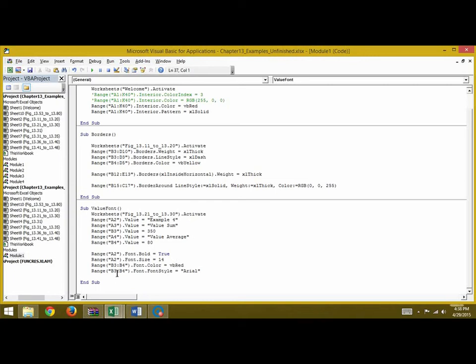Then for the other, from B3 to B4, which is 350 and 80, we want its color to be red, so we write dot color is equal to VB red, and its font style we want it as Arial. So these are the changes that we want to make compared to the previous one, which was just normal font. Once you've written the code, you can press play here,